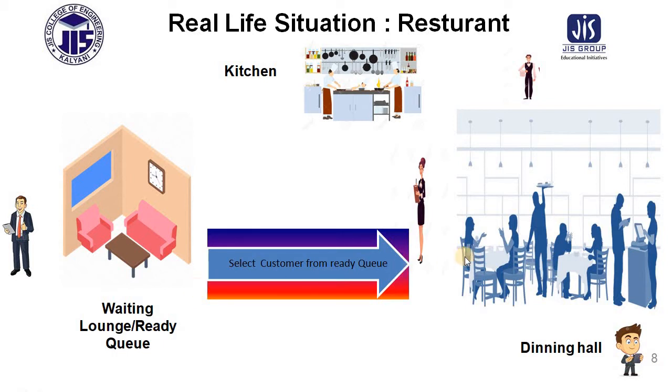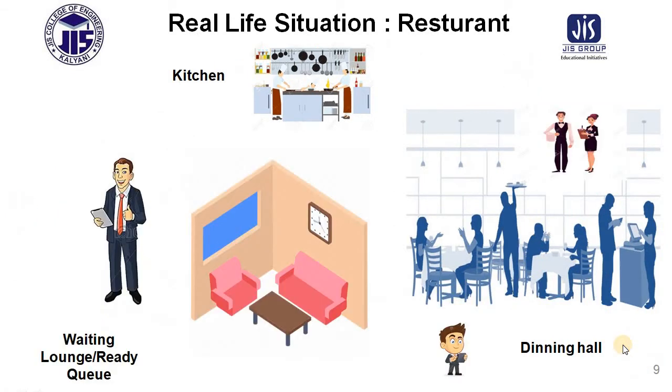She will take them to the dining hall. In this dining hall there are two more persons, this person and this person. Whenever she goes to the dining hall along with the customer, she will hand over the customer to a person. This person maintains the sequential execution between the kitchen and the dining hall, and his work